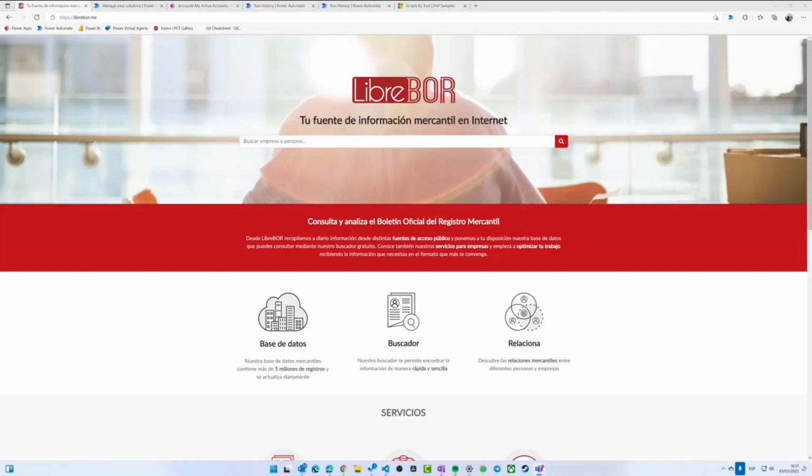Thank you, Mario. So very quickly, LibreBor is essentially an open source project that a student started a while back to make the company data available in a nice computer-friendly format so you could search for companies and directors of those companies. This is obviously focusing on Spain.